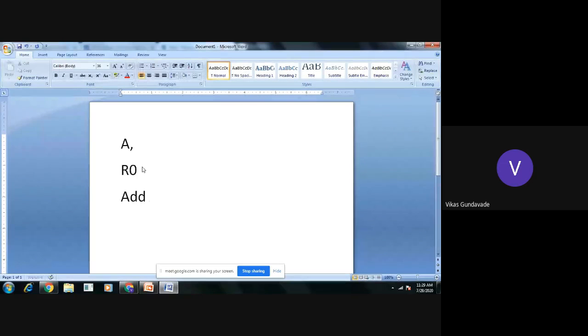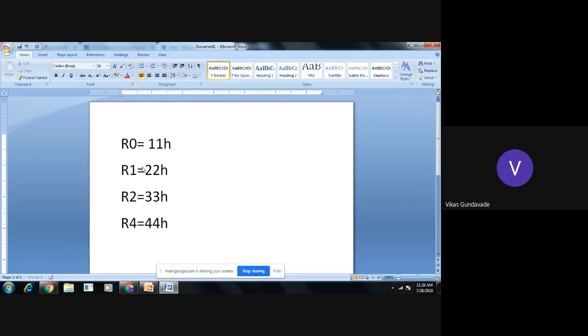So here let's say we have four registers where we need to store two 16-bit numbers. I will take one register as R0, the contents will be 11H. Then R1 with the contents 22H. Then R2 with the contents 33H, and R3 with the contents 44H. So we have taken these two 16-bit numbers.